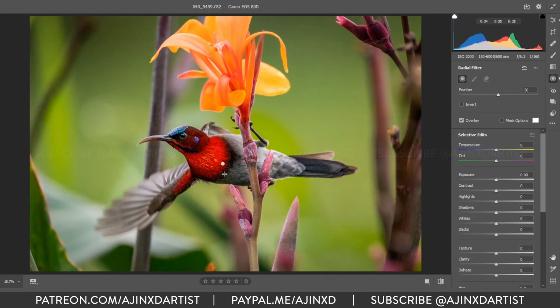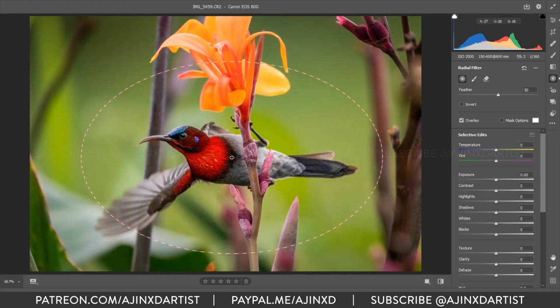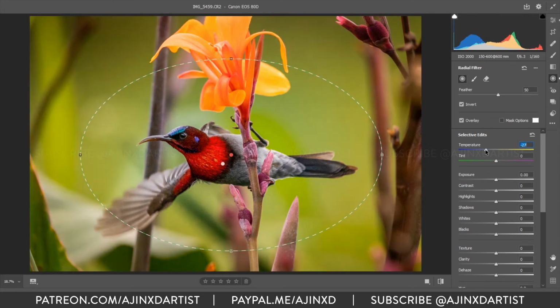There is another way to address that. So we are back with the radial filter. I'll draw the filter again, this time a bit bigger than what we have for the subject, and this is the first one, the current one. This is the first one. You can see how it was affecting the image, and this one we can move along again anywhere we want. So I'll place it somewhere here, and this time I'll check the invert box. So now what invert does is affects everything outside the mask, same as what was affecting originally inside the mask.